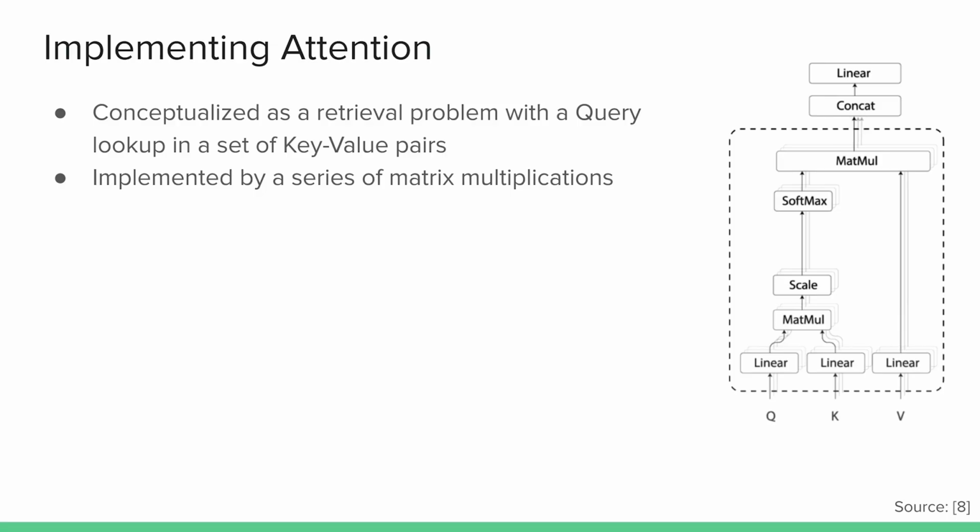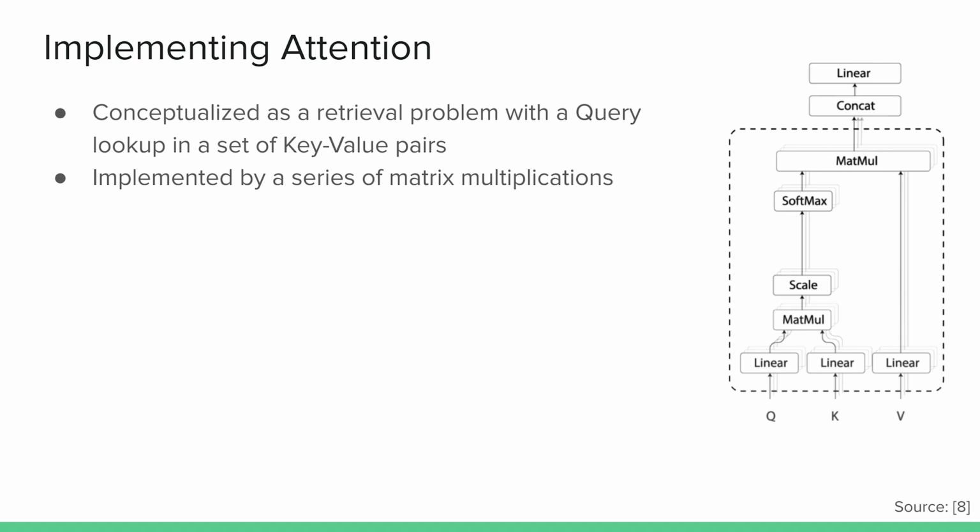And for our attention mechanism, we can implement this kind of concept by a series of matrix multiplications. So coming back to this Q, K, and V, the query, the key, and the value, you can think of it as the following. We have a query, which is our input word, like one word in our input sequence. And then we have the key, which are all the other words in our input sequence. And the result that we want to obtain is a score that ranks kind of how much I want to relate all of these other things,